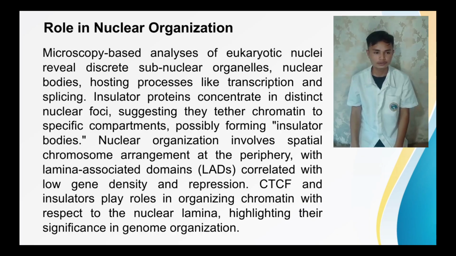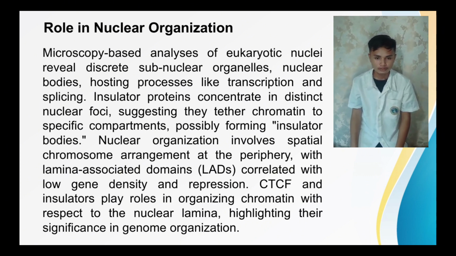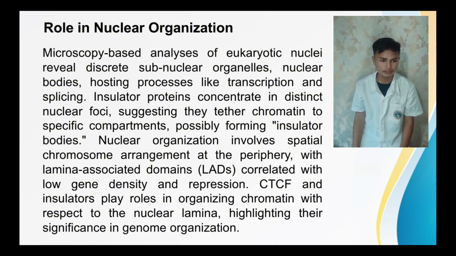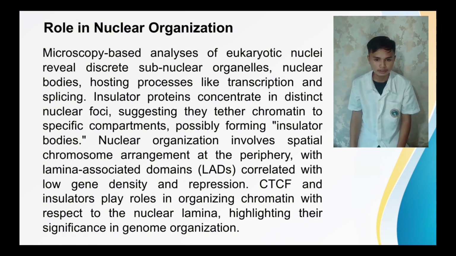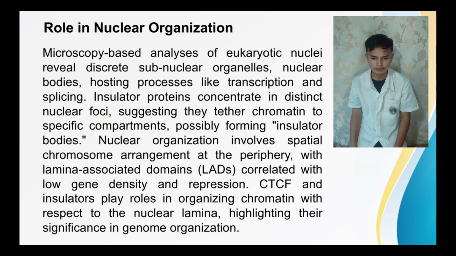Nuclear organization. Microscopy-based methods of the eukaryotic nucleus reveal subnuclear organization. Nuclear bodies like those for transcription and splicing. Insulator proteins concentrate in distinct nuclear sites, adjusting the chromatin to specific compartments, possibly forming insulator bodies. Nuclear organization involves spatial chromosome arrangement at the periphery, with lamina associated